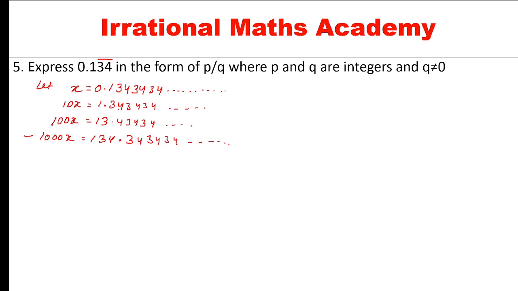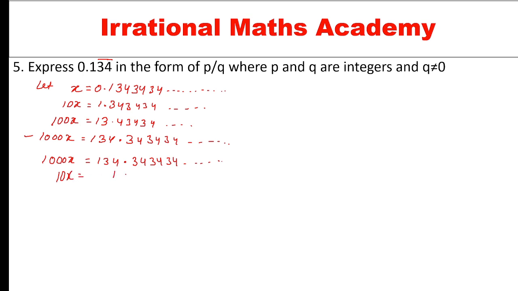Here also after the decimal 3434 is repeating, right? So from 10,000x, what is the 10,000x value? 134.3434, and so on. If I subtract 10x,